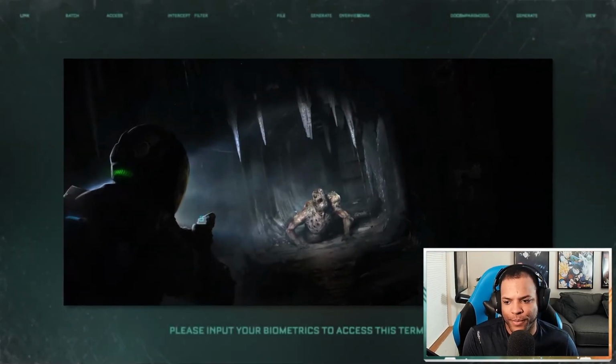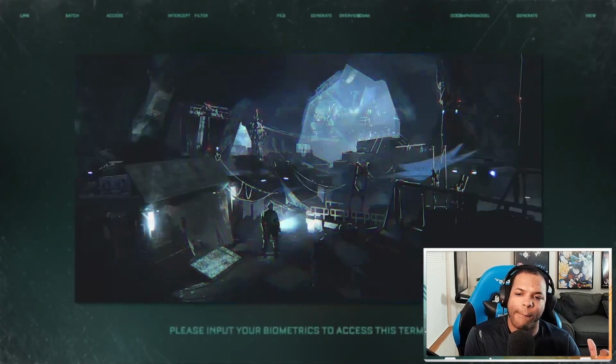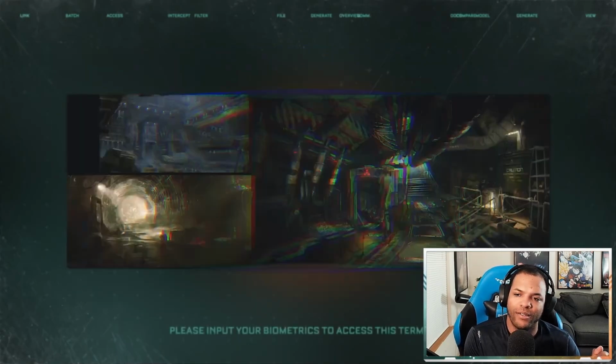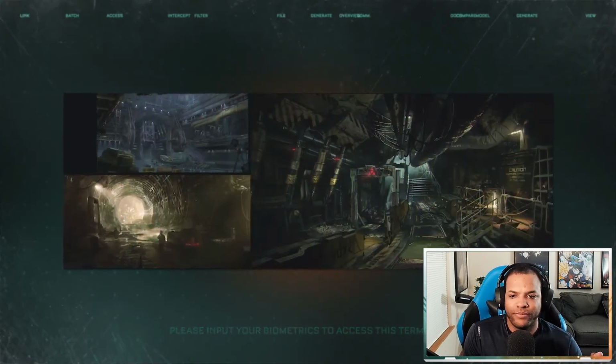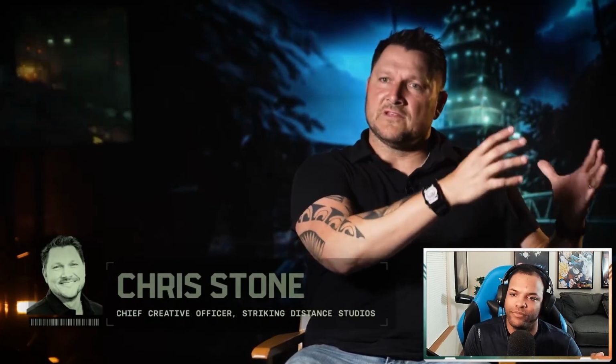When we were designing the environments to match that, we thought, what matches mutation? What's a technology that matches mutation? There's something called generative design that's for taking man-made objects, throwing it through AI, and it mutates it into a new design. But what comes out looks very alien and not man-made at all. So it was a perfect match for what we were doing with the creatures. And so we'll go through a few revs of designing what the lighting scheme would be like, what the color scheme would be like.